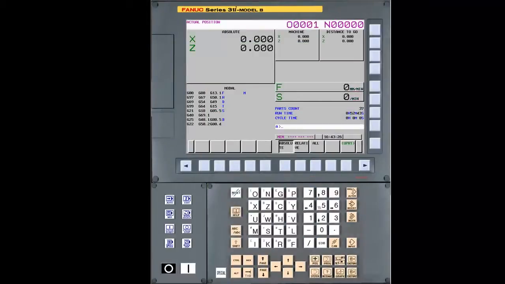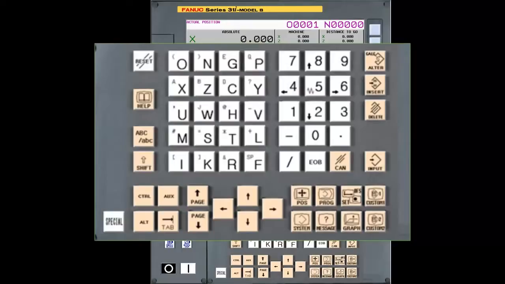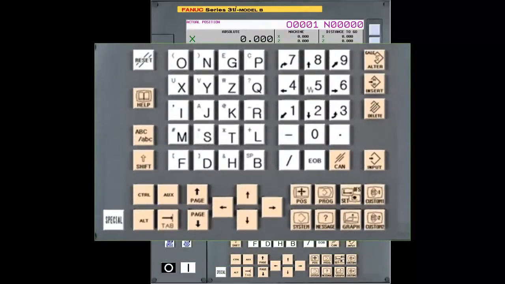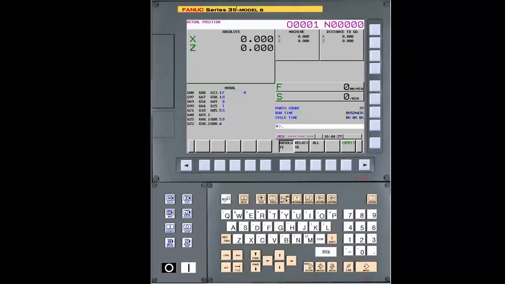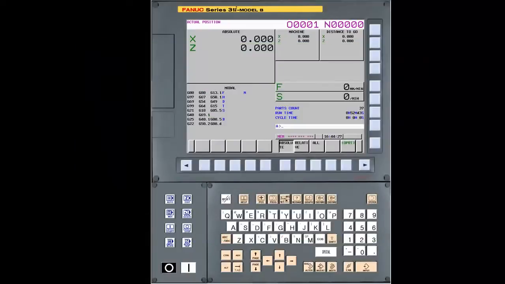The 31iB control does not have a specific lathe or machining center designation. It's specifically designed for high-performance machines that may combine turning and milling features. So there are 3 MDI keyboards available on the 31i, no matter the application. They are the standard ONG-T, the standard ONG-M, and a new full QWERTY keyboard similar to that used on a personal computer. All 3 MDI keyboards are available with all screen sizes,